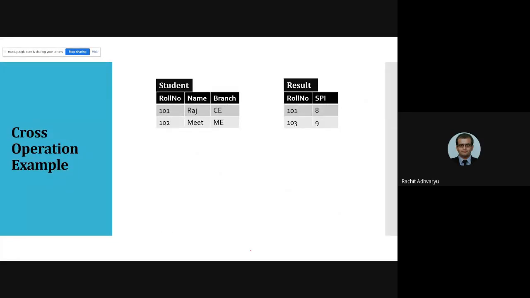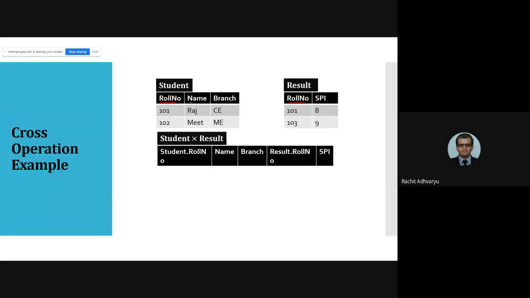We have a student table as well as a result table, and we have 3 columns in student and 2 columns in result. If you can see, the roll number column is the same in both the tables. So if we want to join these two columns, we are going to write the table name dot column name for the common columns. If the columns have the same spelling, you write the table name for them, so that you can differentiate both the columns.